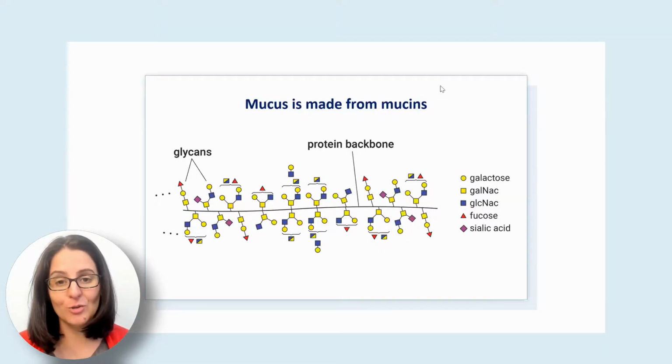Mucins are molecules known as glycoproteins that together form the mucus layer which lines and protects the gastrointestinal tract. By glycoprotein, we mean that it's both a protein and a glycan. At its base, it has a protein backbone, which is elongated by oligosaccharide chains known as glycans. These glycans make up over 80% of the weight of the mucin molecules and are highly diverse. 56 different glycan structures have been reported in the literature, but these are all just different variations and combinations of